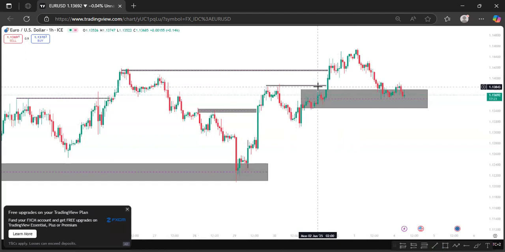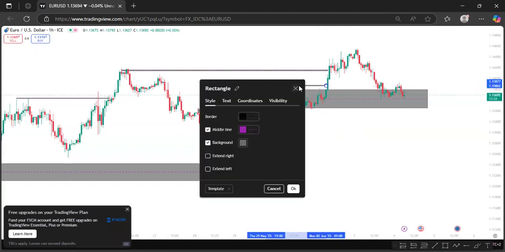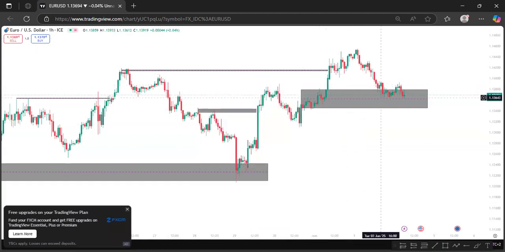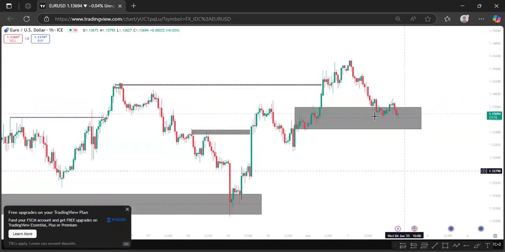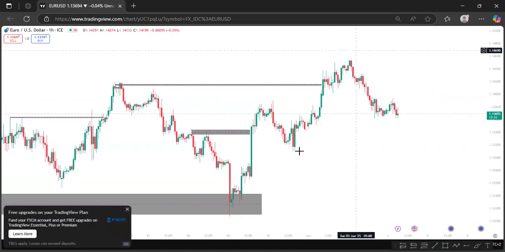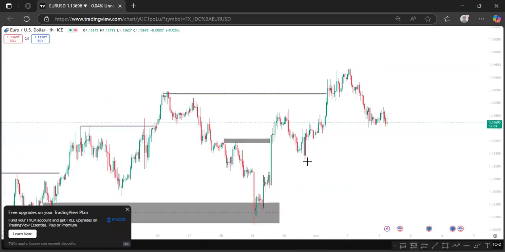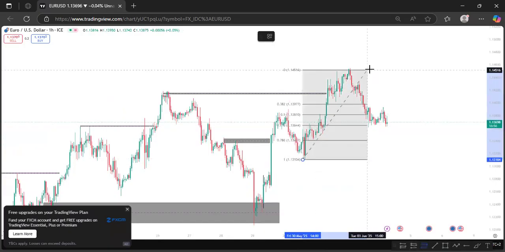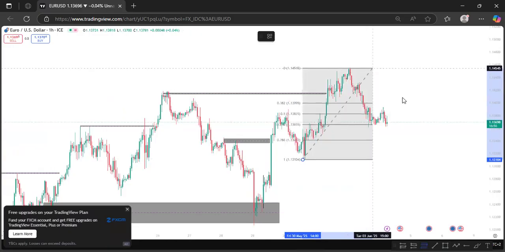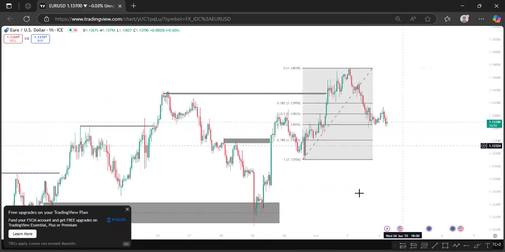All right, so let's continue with our technical analysis. As I was saying, when price is already at a level here. Now, this is the new low, and this is the new high, a new swing low, a new swing high. So what are we doing? We are going to mark out these levels to see a discount level where exactly to buy Euro USD. From this low to this high, we can clearly see that we have